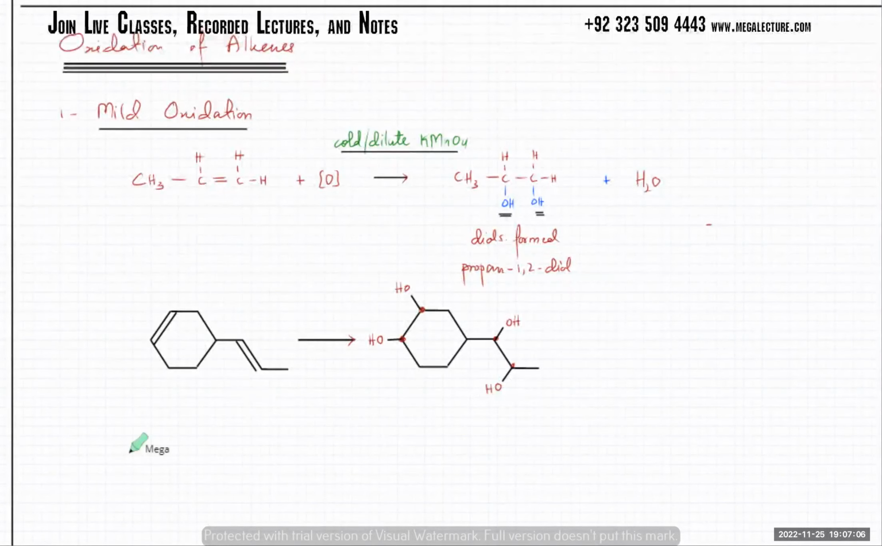अच्छा, now the strong oxidation, there's another one which is number 2. अच्छा, mild is easy, just put OH groups, ठीक है? The second one is strong oxidation. It's slightly trickier, ठीक है? So strong oxidation is,